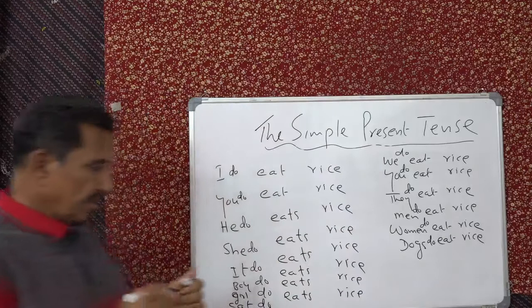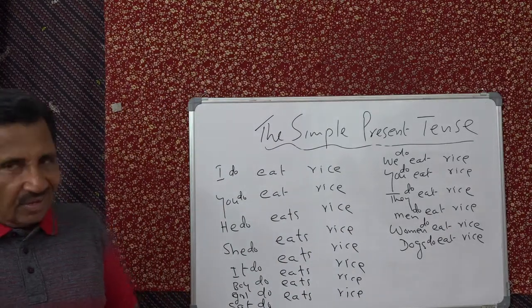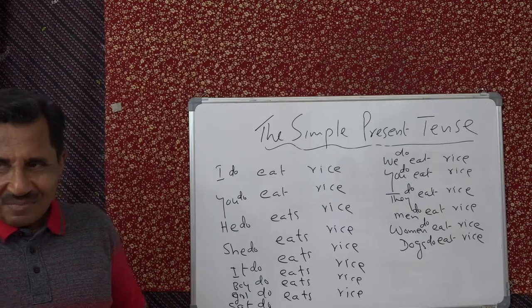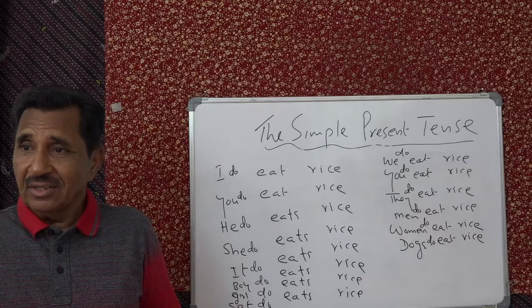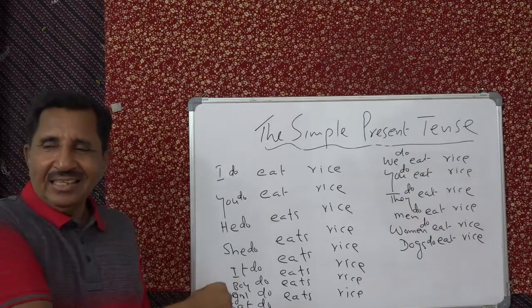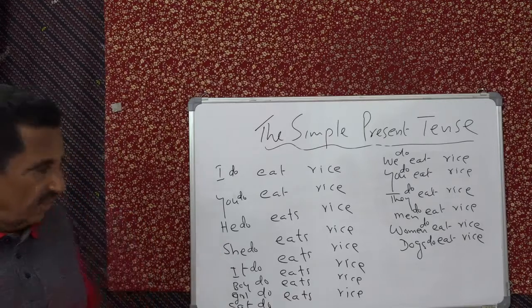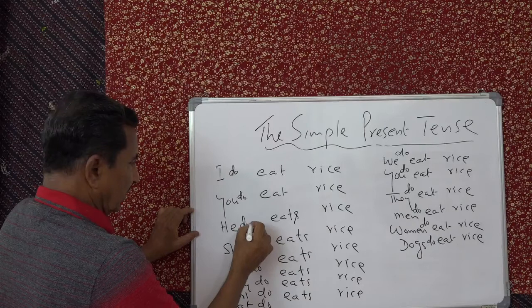See that? Now what have we to do? Here, one more thing. If there is any tense mark anywhere, you have to take it from there and attach it to the first word. Now here you have the tense mark here. So, yes, does,